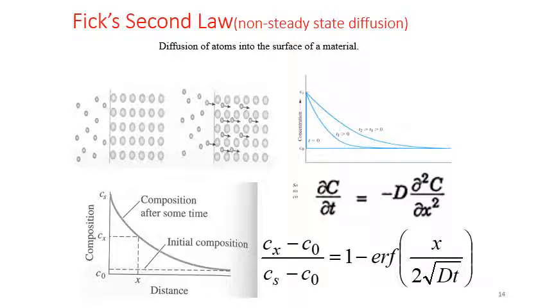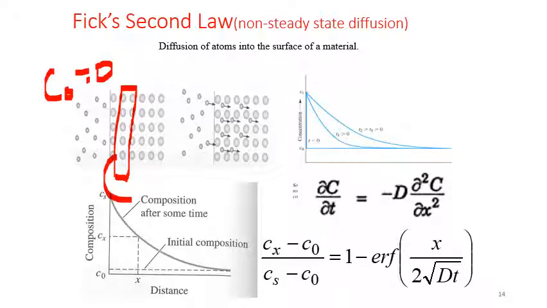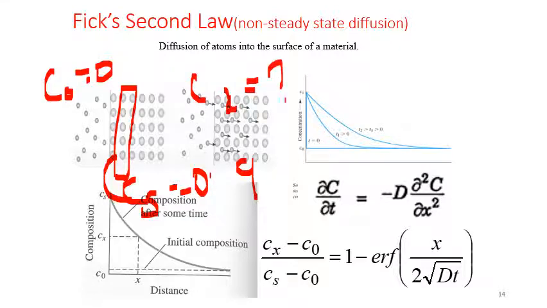Depending upon the time, for example, if I have a plate like this, and the initial concentration at this level is C0, so C0 will be equal to 0. And the concentration at the surface, this is Cs, will be equal to say 0.9. Now we need to calculate Cx, that is the concentration at a distance, say from here to here, x equal to 5 mm.